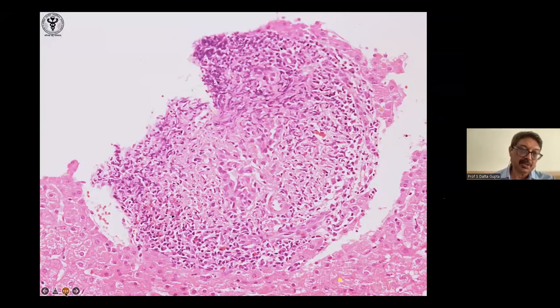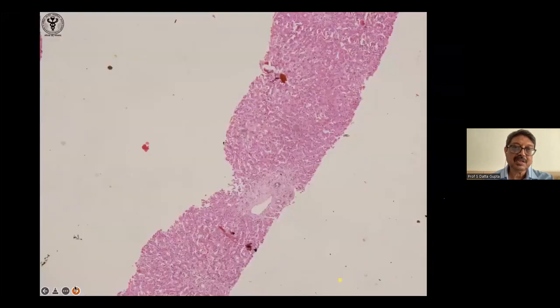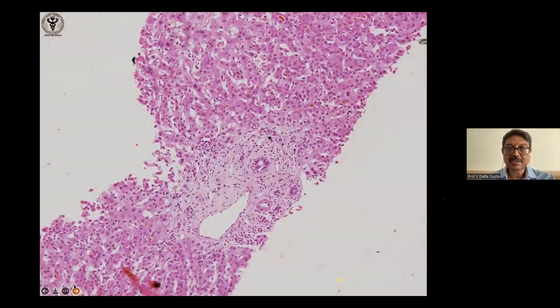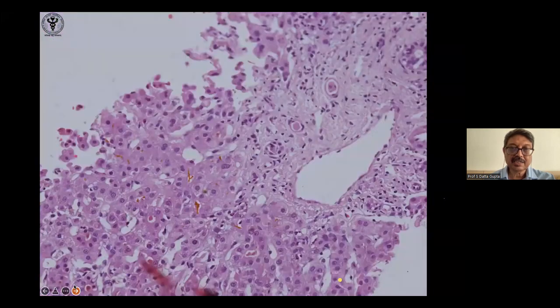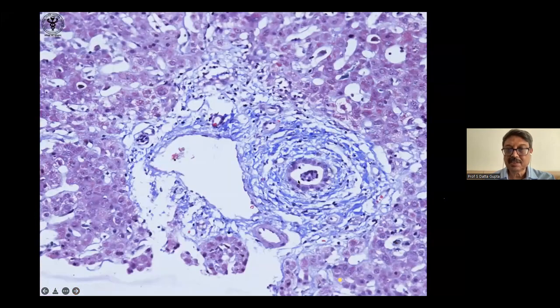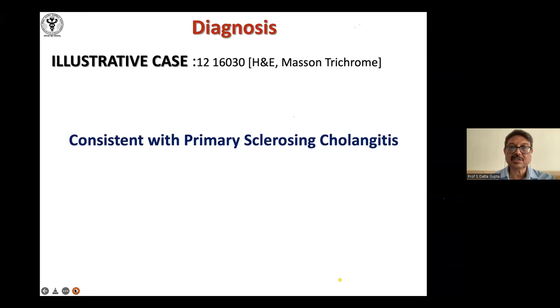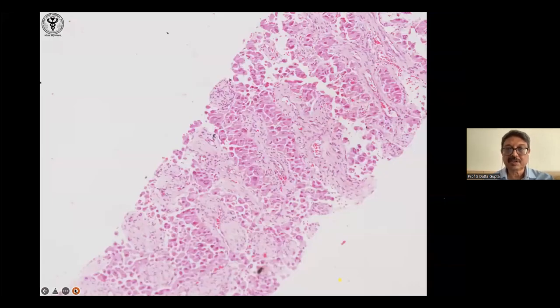You can get a granuloma in tuberculosis also, in sarcoidosis also, right? So the clinical finding is very important. Another obstructive jaundice: you're finding the bile duct there, but if you keep searching, there's some loss here and cholestasis. And if you see here, there is this onion skinning. So you can say it is suggestive, and there is this orcein stain with these brown things, which are copper binding protein, consistent with primary sclerosing cholangitis.